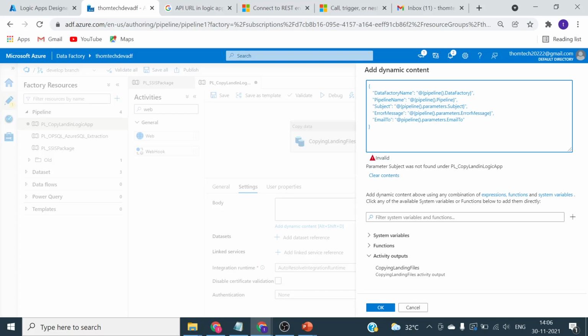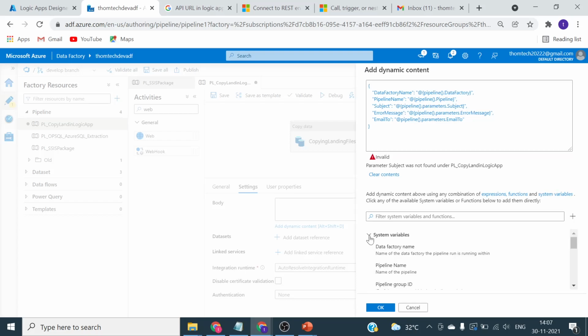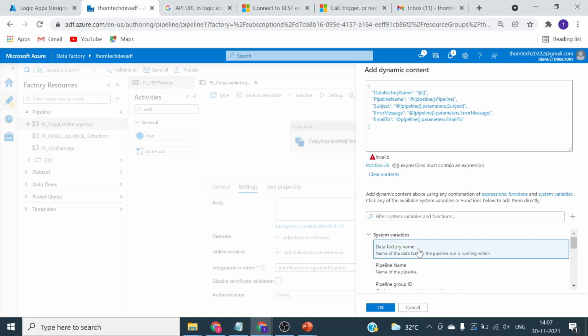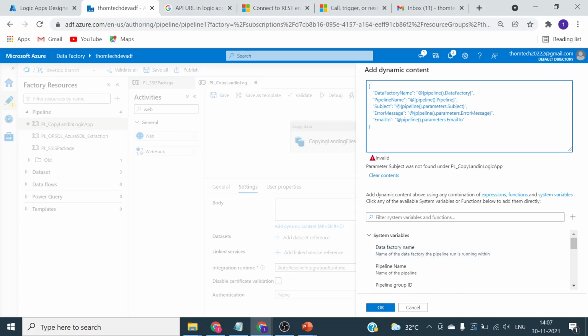In this, what we are trying to achieve, data factory name we are getting from this parameter. This is a system parameter. You will get over here, see system variables, right? So if I click this, automatically this will get created. Okay, so I can show you an example. Let's remove this and click on this. See, automatically that has generated, right? So this one, data factory name, pipeline name we can get, and subject. See, so subject is something that we can dynamically get from the prior task, like copy activity or any other task coming from prior flows.